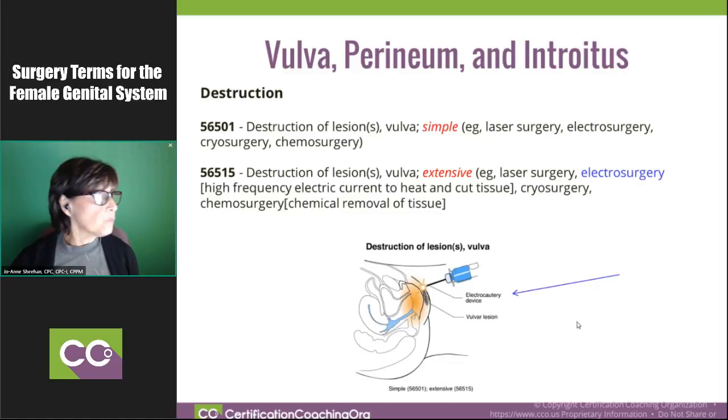The 56515, the destruction of lesions, vulva extensive. Again, we have the laser surgery. The example below is the electrocautery surgery or electrosurgery, and that's a high frequency electric current to heat and cut tissue. Cryosurgery, chemosurgery, that's when they chemically remove the tissue. And here we see the codes, and you can just see this is the device and where it's removing the